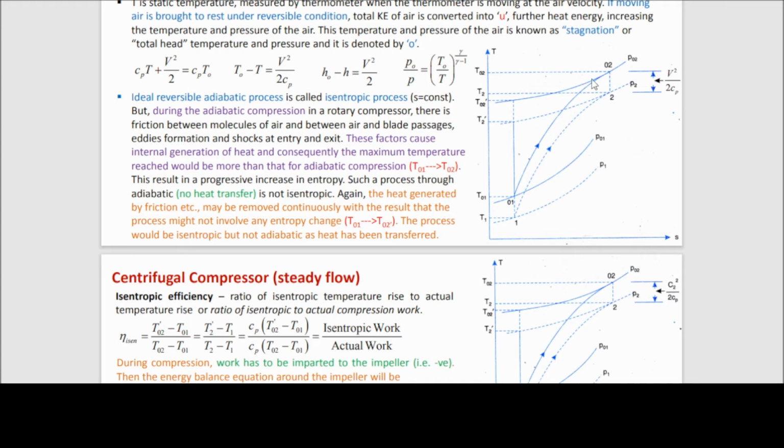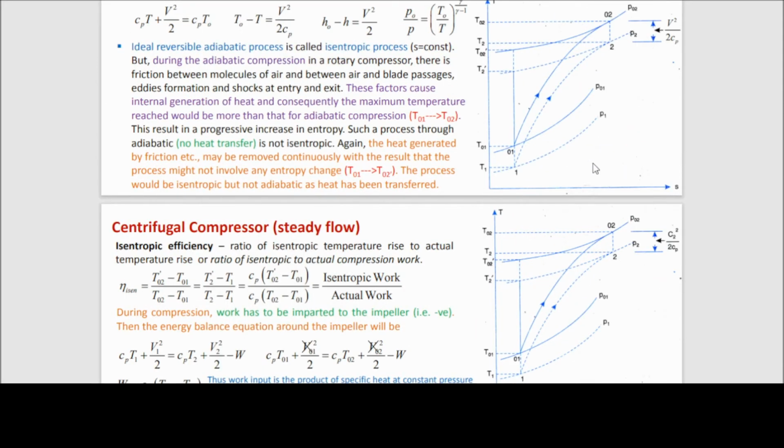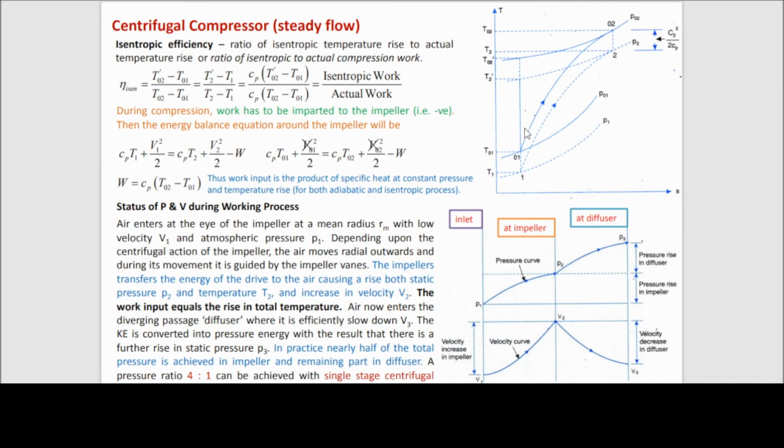So if you take out this much of increase of temperature through the casing, then it will approximate to an isothermal process. So we don't discuss it here, just leave that. So we have studied three types of process: one is polytropic process, the isothermal process, and the other one is isentropic process. So this is the actual process which is not isentropic, and this is the isentropic process. We are concerned with these two only.